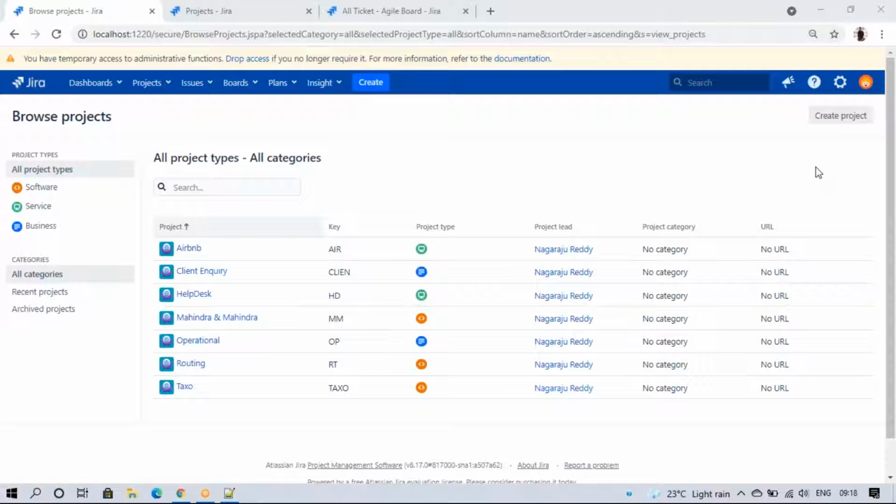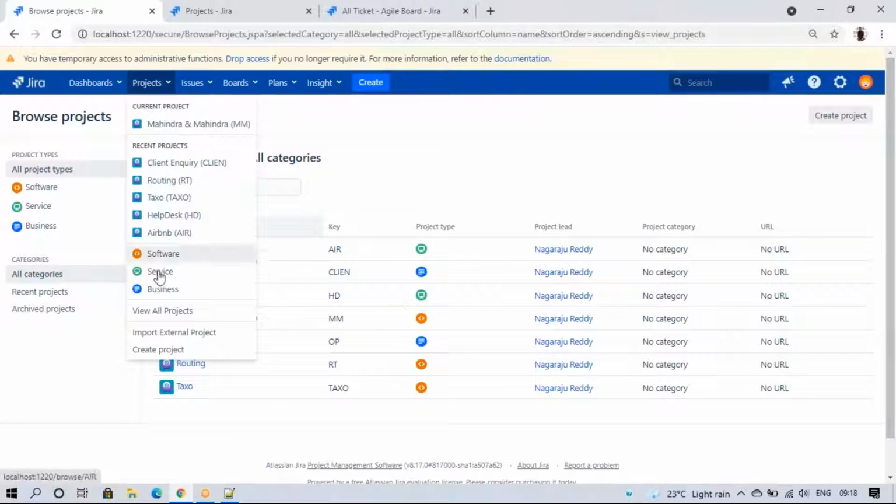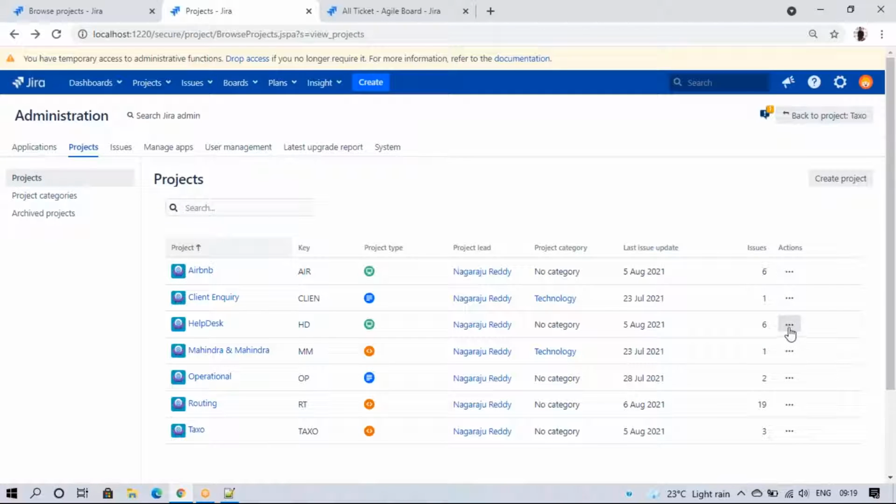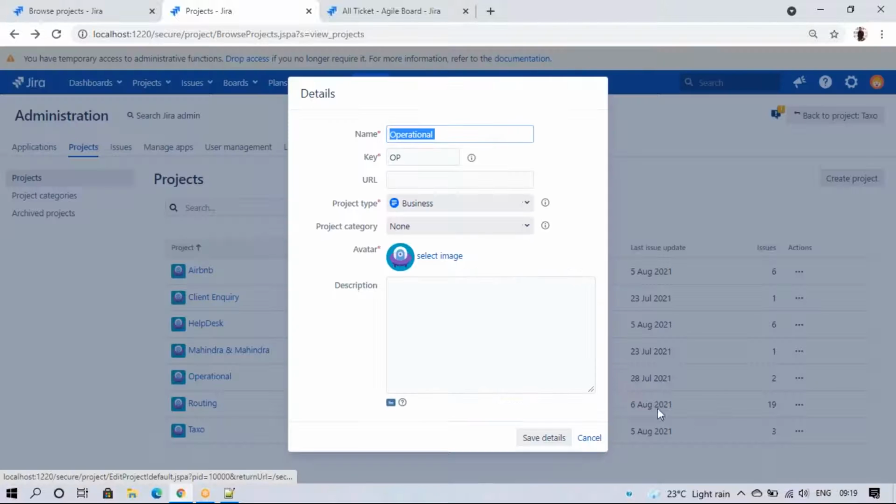Actually, here the edit option will not come. So on these 3 dots, normally when we click on view all projects, the edit option will not come. But in this place, the edit option will come. Okay. And operations, maybe edit, technology.